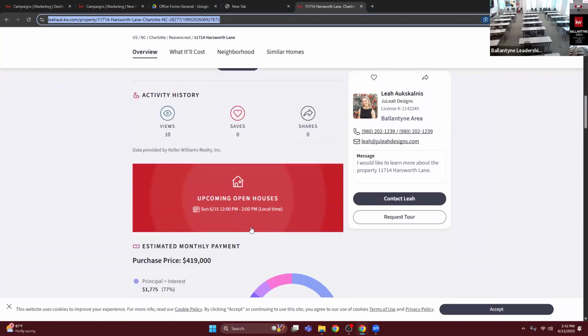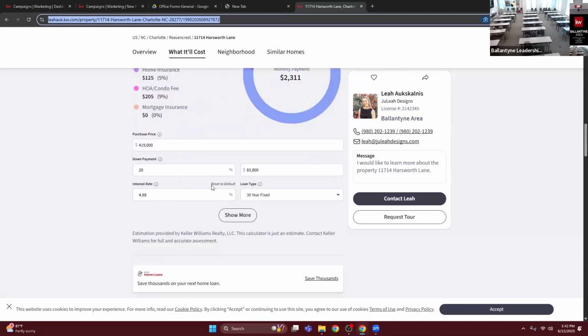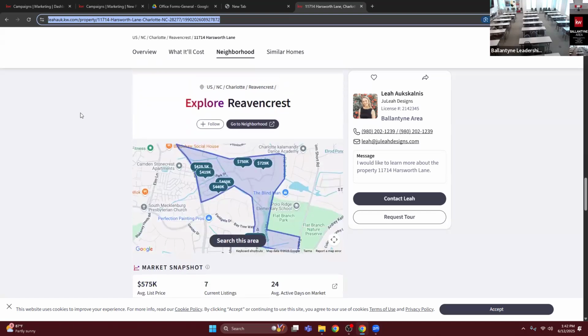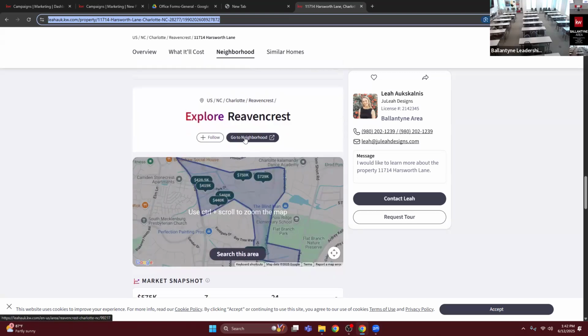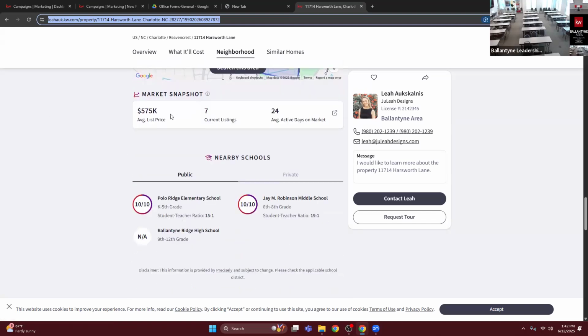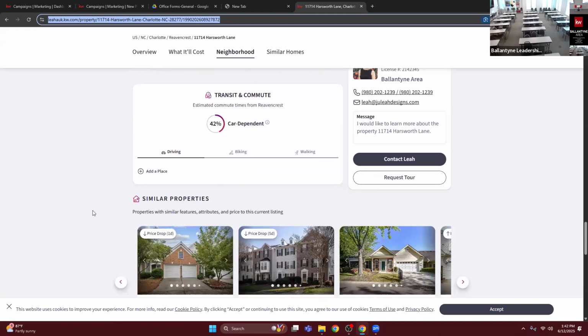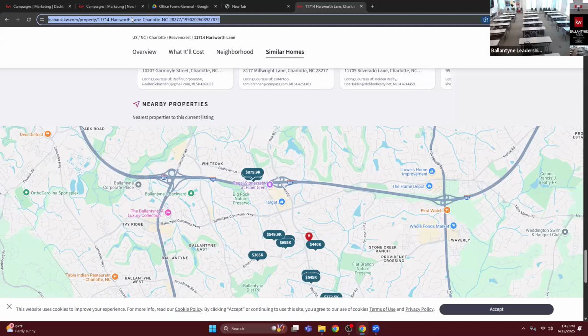If I scroll down, you see any upcoming open houses, the estimated monthly price, mortgage calculator. I really like this, it explores the neighborhood. So if they click explore neighborhood, they'd see all listings available in that neighborhood. Right, so this is a really helpful page, right? A mini CMA of the neighborhood, nearby schools and their ratings, transit and commute, etc. Very helpful page. This is the page that we're going to make it go to after they give you